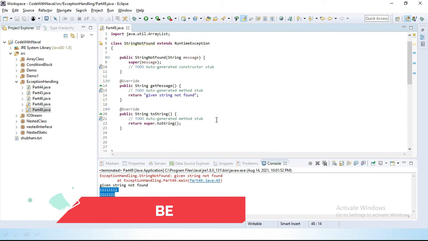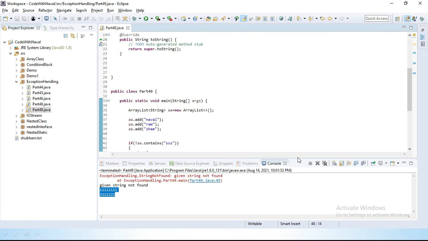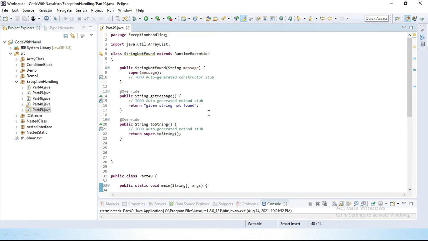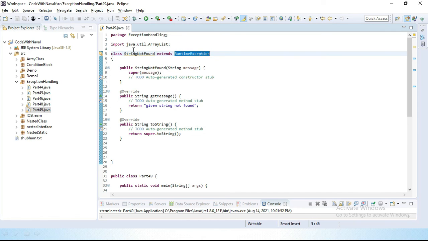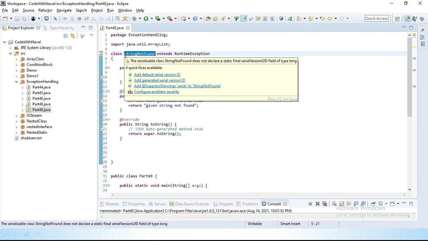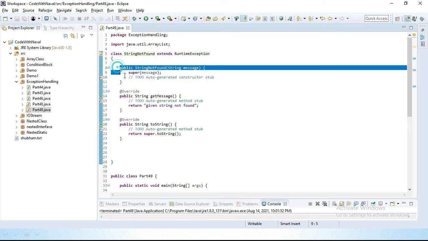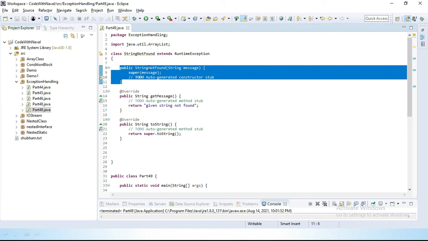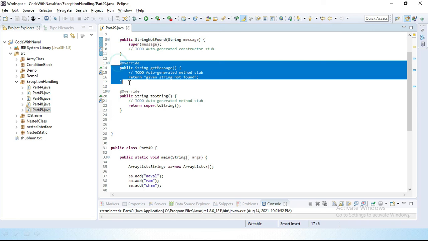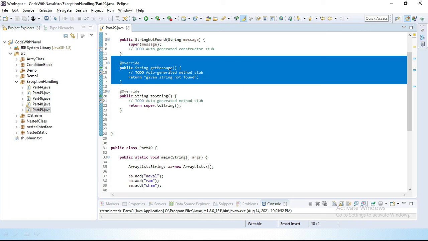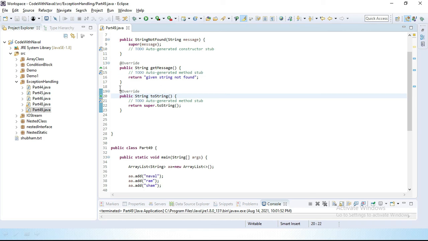In this video we saw how we can create a user-defined unchecked exception. For that we simply extend the RuntimeException class in our user-defined exception class. We can create a parameterized constructor and pass an error message, or if you want, override methods like getMessage and toString and write a custom message.